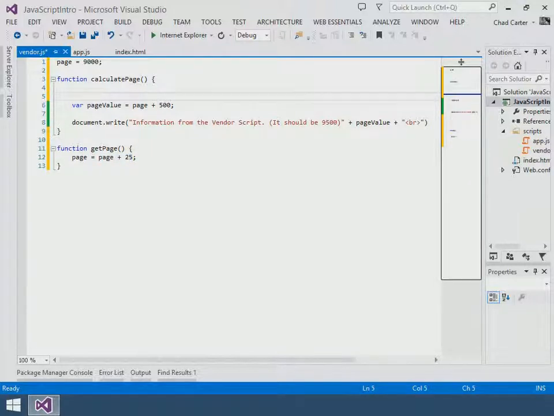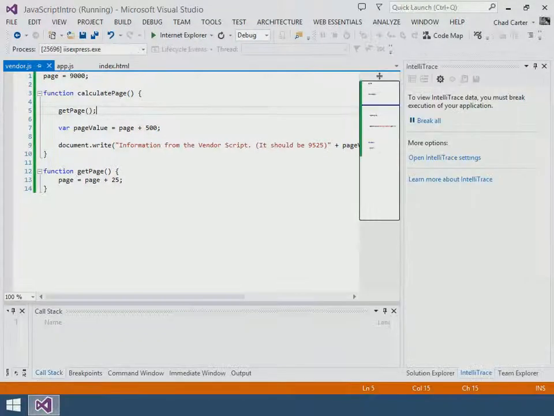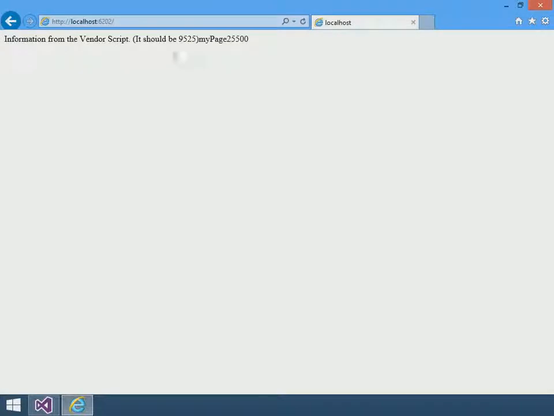So now what we're going to do is up here in this calculate page, we're going to say we need to call getPage. So the idea is now we're going to have 9,000 plus 25, which means that our final answer should really be 9,525, right? Because we're taking 9,000, adding 25, plus adding 500. So again, if we do that, we're still going to have the same issue, right? We're expecting 9,525, and instead we get my page